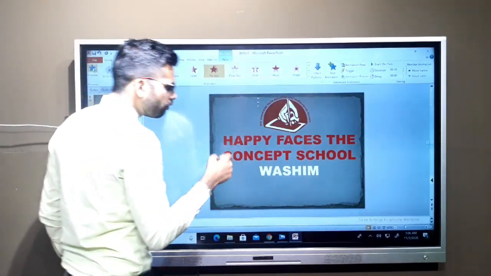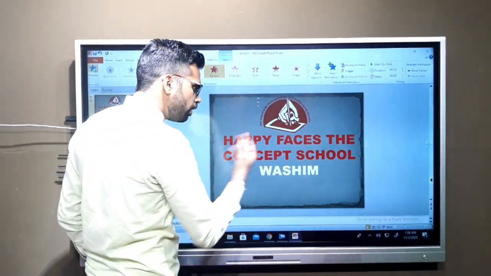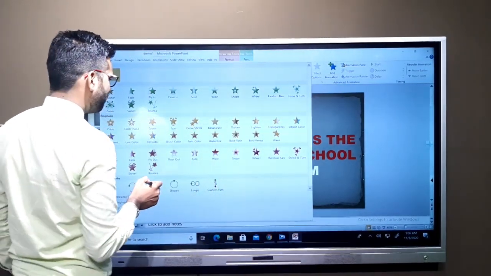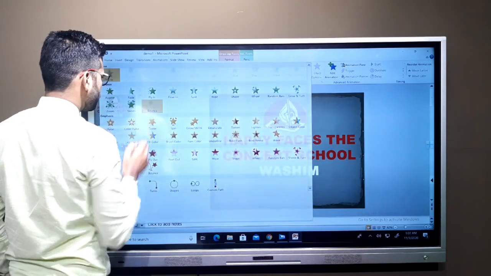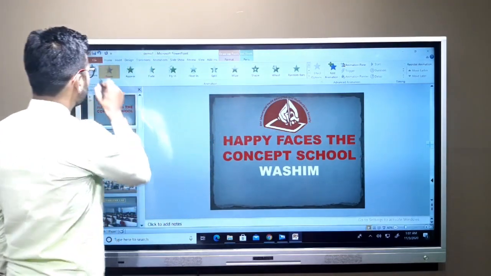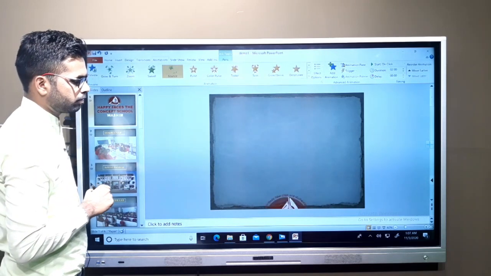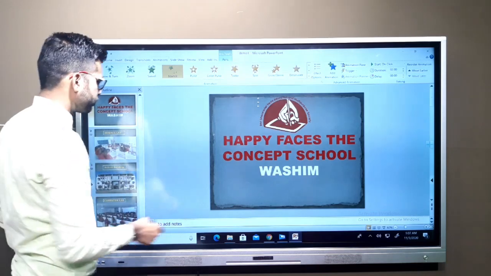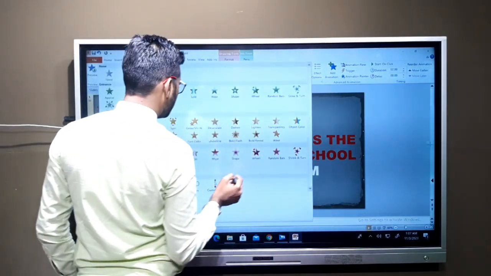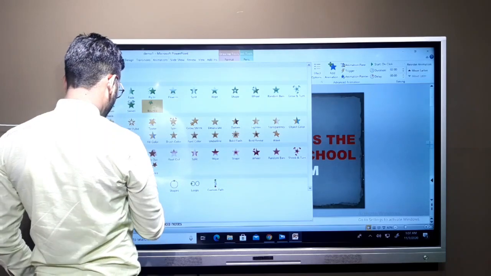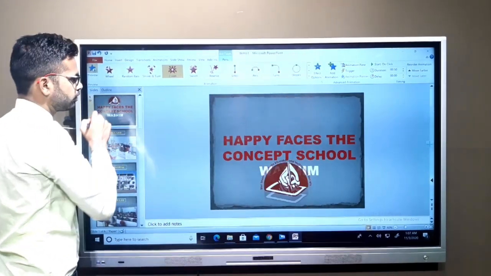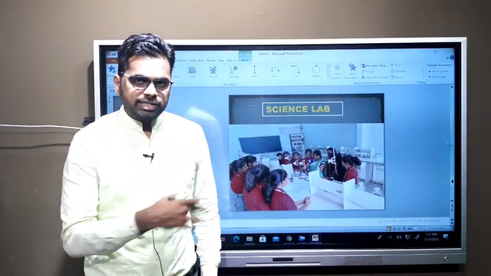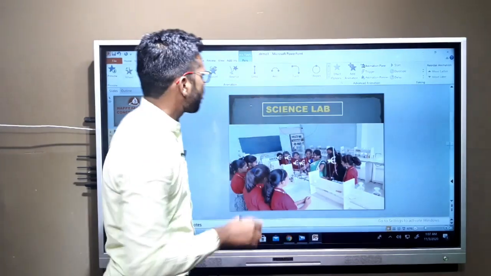Okay, we can add the animation effect in text also. So in that way, we can add the various animation effects in our presentation.